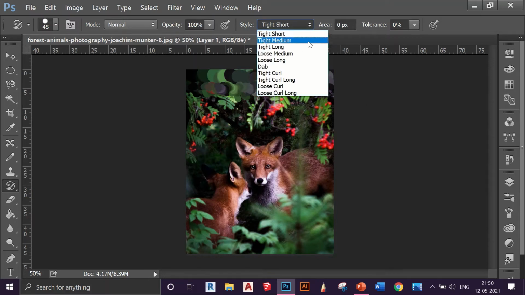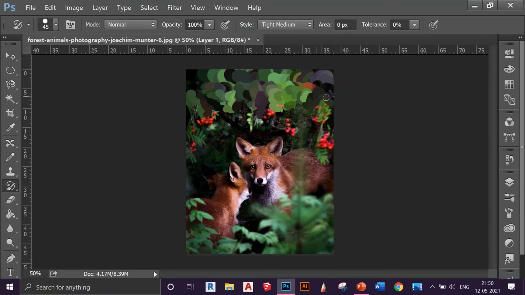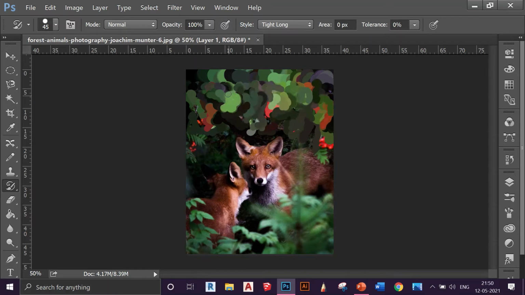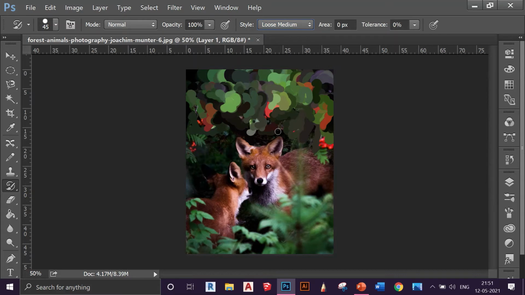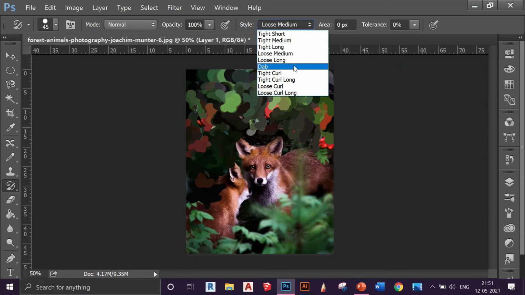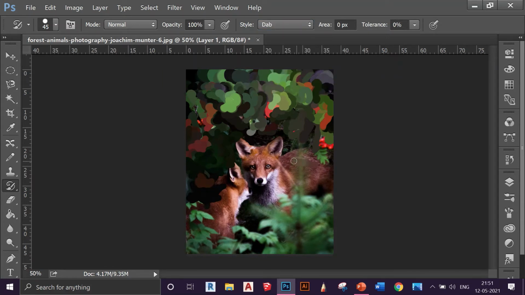There are different types of brushes. Tight Medium gives longer strokes, Tight Long gives even longer strokes like this, and we have Loose Medium, which gives this kind of effect. This is also a different one. Then we have Dab.